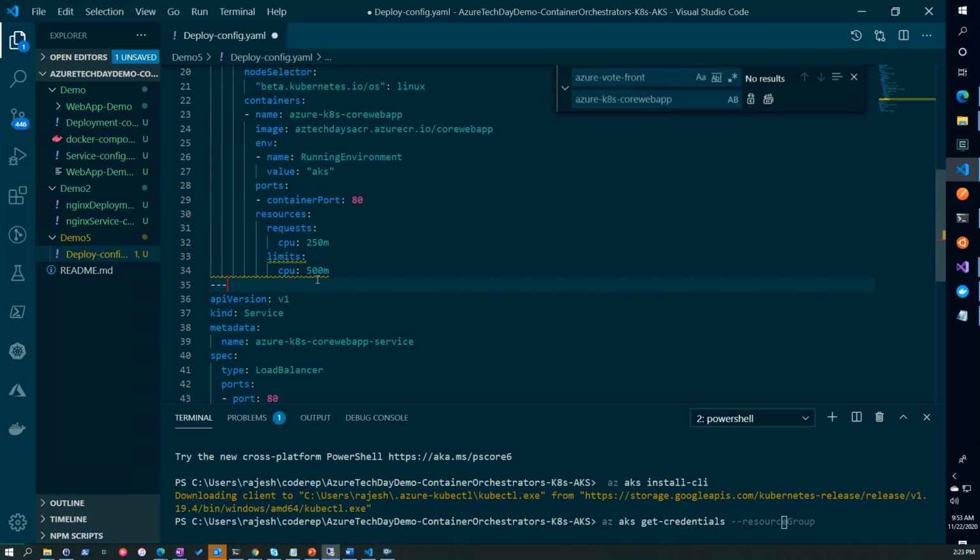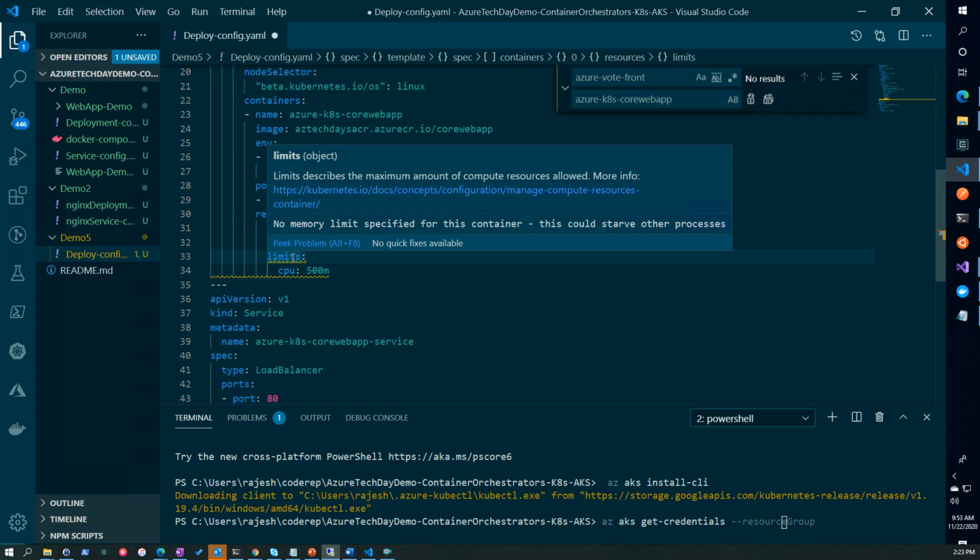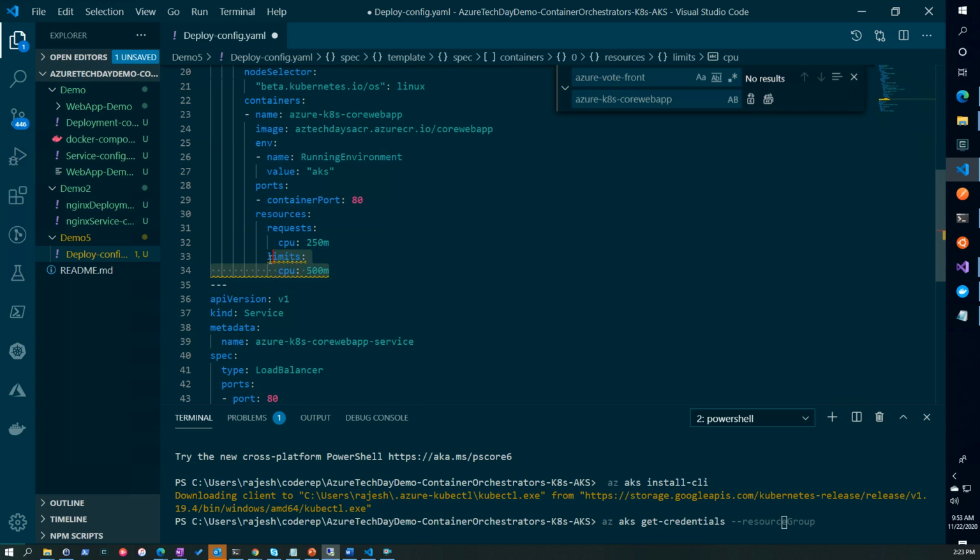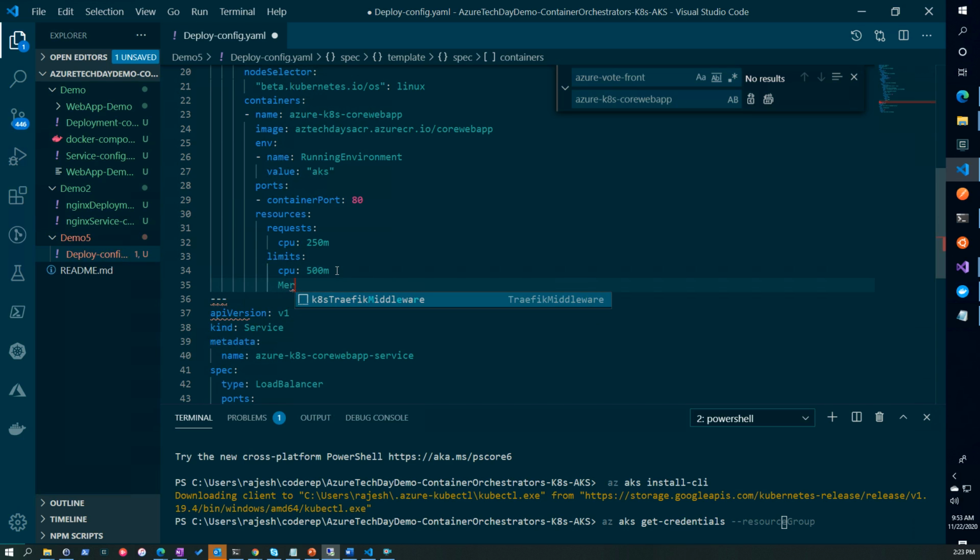So yeah, if you put the CPU and the limit, it should be under resources. So under resources, there should be limits. Okay, this is good. No memory limit for this container. You need to define memory also. Put a memory. CPU, you have defined request CPU, but limits, maybe you define memory and CPU both. Put a memory line along with, yeah, memory, colon, maybe 128 or